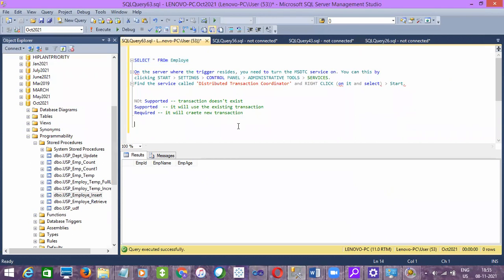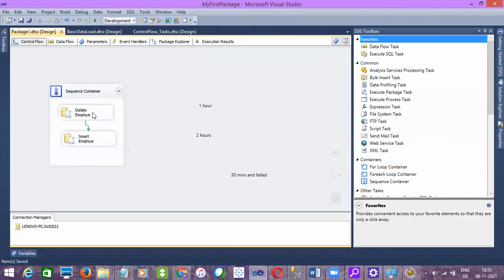Amar, when can we face this kind of scenario exactly? Yeah, just if you delete it. If there is a dependency and you lose the data, you cannot roll it back. See, you are loading data here. Before loading, we are deleting it here. Why am I rolling it back again? Because there is a dependency between these two tasks. If I'm unable to insert, I lose both the operations, right? The existing data I'll lose, and then the current loading part also I'll lose.